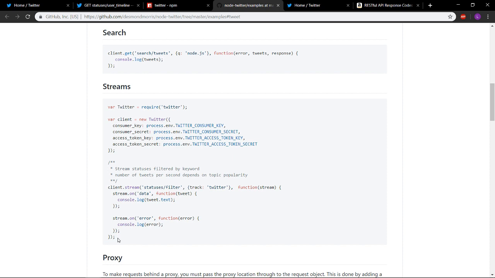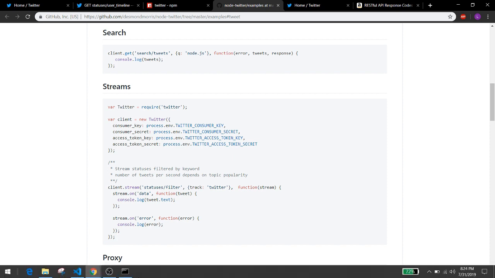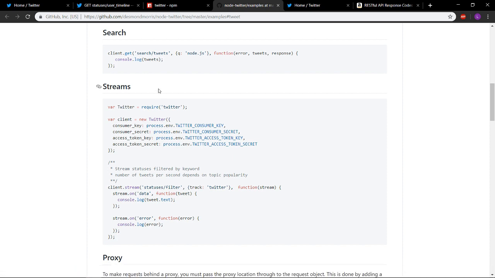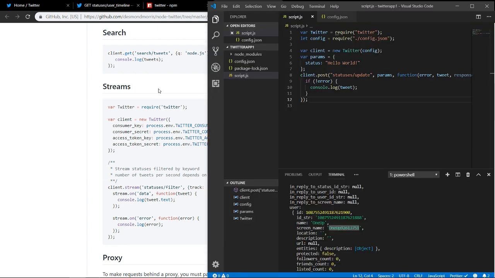So basically what it's for is if you wanted to get tweets actively. So if Trump tweets something, your code instantly gets it, right? Which means your code has to be running. And I'm not going to get into how to have your code run all the time. That's a whole other thing. But if Trump tweets something, and you wanted to do something to it immediately, like translate it to Spanish and then send it back to him, you'd have to have a stream, because doing a client GET request only works